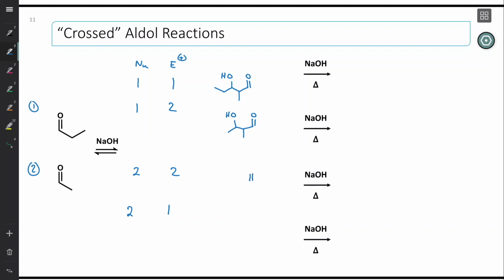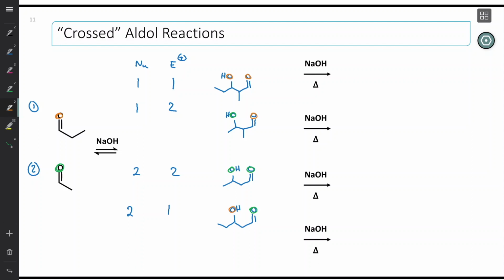If it's a 2 that attacked another 2, then you get that. And if it's a 2 that attacked a 1, this is ethyl, right? So let's see the 2 oxygens, here's 1, another 1, and here, and the 1 oxygens here, here,